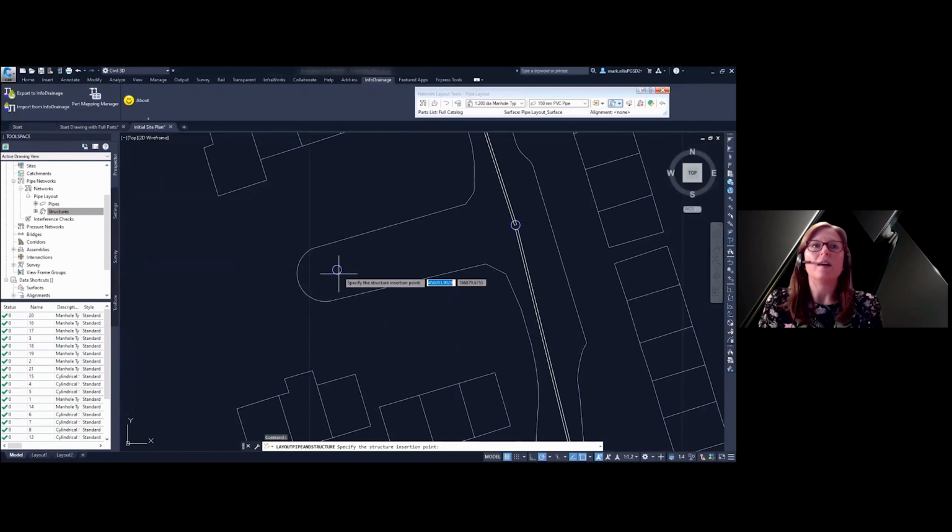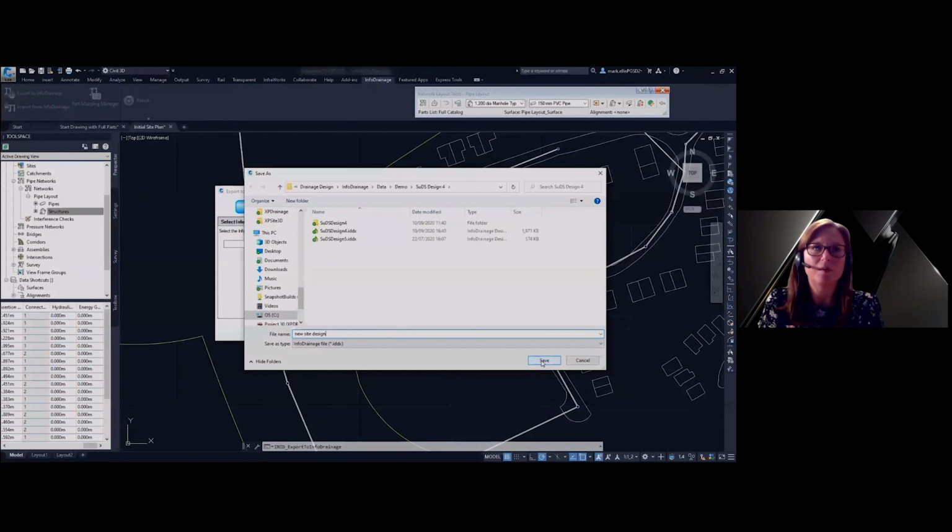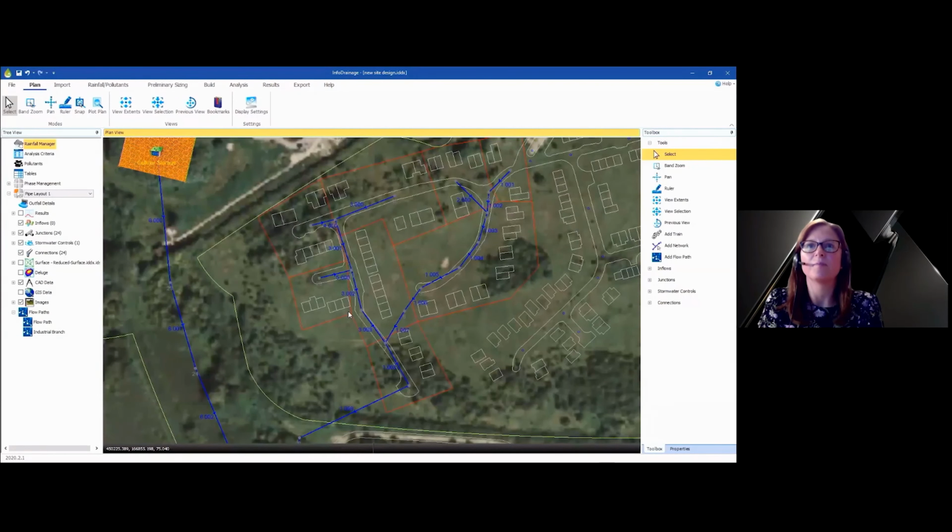So we're adding a pipe using the pipe networks option here. And as we run through the export to InfoDrainage from within Civil 3D using the InfoDrainage for Civil 3D ribbon, the parts mapping elements would take place once we've saved that file.